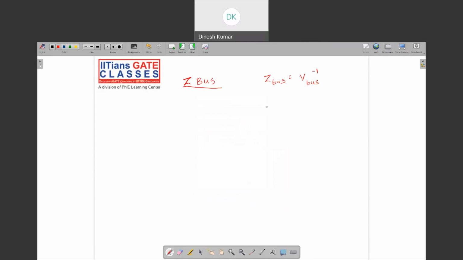I hope you can see the screen. So Ybus is basically ZBus inverse. I have already mentioned in the last class that when the number of buses becomes very, very large,